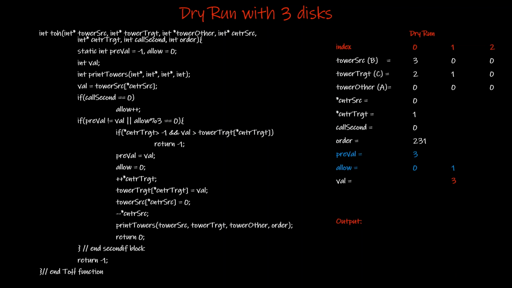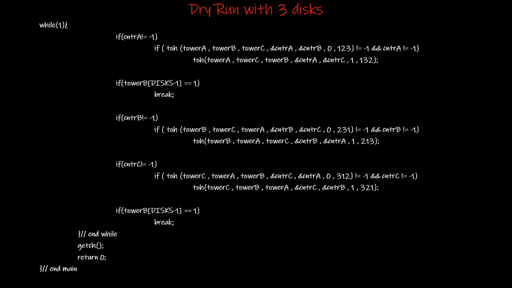And control goes to the statement after the if block, which is the return -1 statement. That is executed and returns -1 to the main function in the while loop. So we come back to the while loop, where we had made the call. This returns the value -1 and 0. This is -1, so this is a failure. There was no transfer, and therefore this statement is skipped, and we come to this if condition.